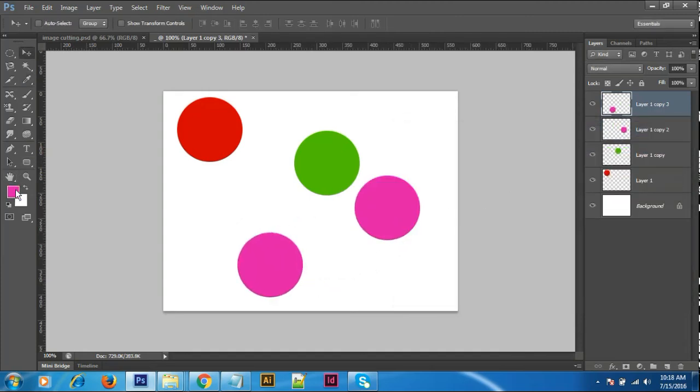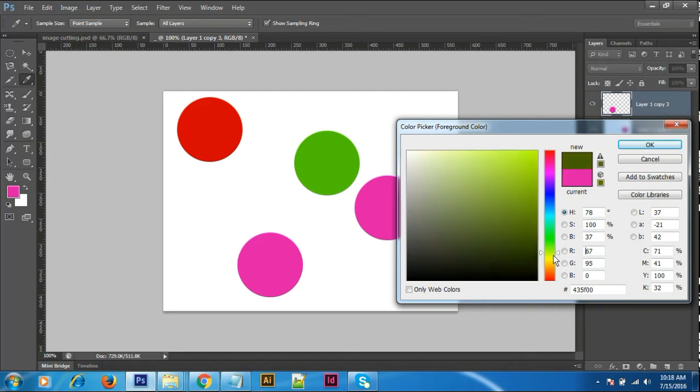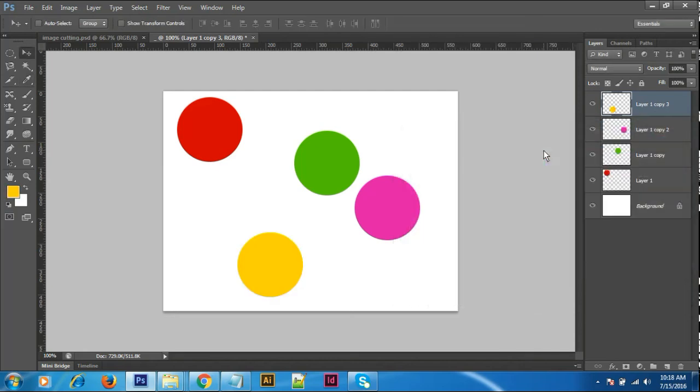Yeah, fine. These are the four objects we have. I would like to save this for the client. I would like to save my file, my source file. Control S is my source file.